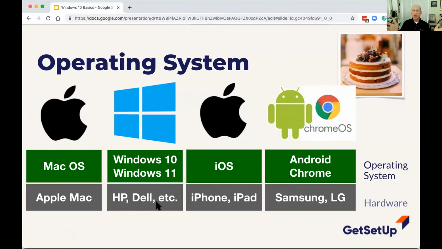Dell, Lenovo, whatever, right? And they let them install the operating system on their hardware and then resell it as a computer to consumers. So whenever you buy a computer with Windows on it, you are getting a computer that includes a Microsoft copy of Windows that has been installed by the computer company on your computer. And it works out of the box. But the computer company packages them together.